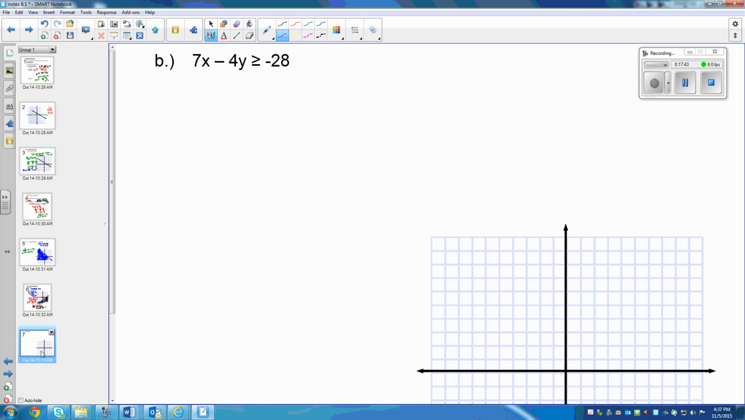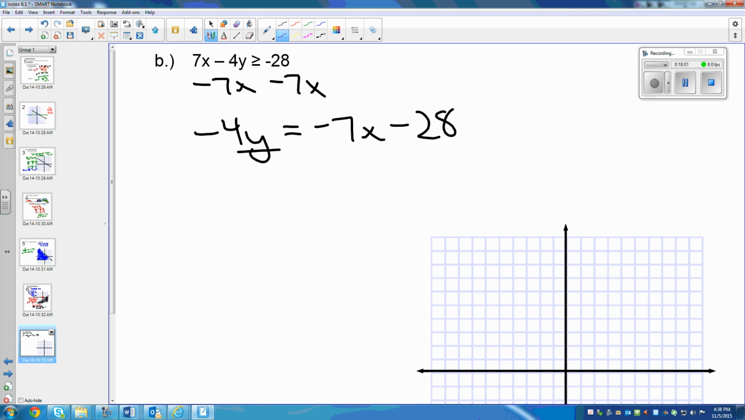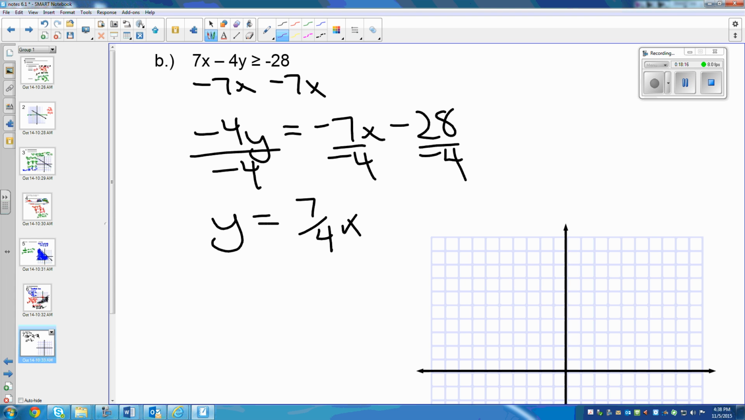I like to move it to y equals mx plus b, so that's what I'm going to do. I'm going to subtract 7x. I'm going to get negative 4y is equal to, we're just drawing the line right now, so we can put equal to. Negative 4y is equal to negative 7x minus 28. Divide by negative 4 on each term, so we don't forget. We get y is equal to, negative and a negative makes a positive, 7 fourths x, then negative 28 divided by 4,